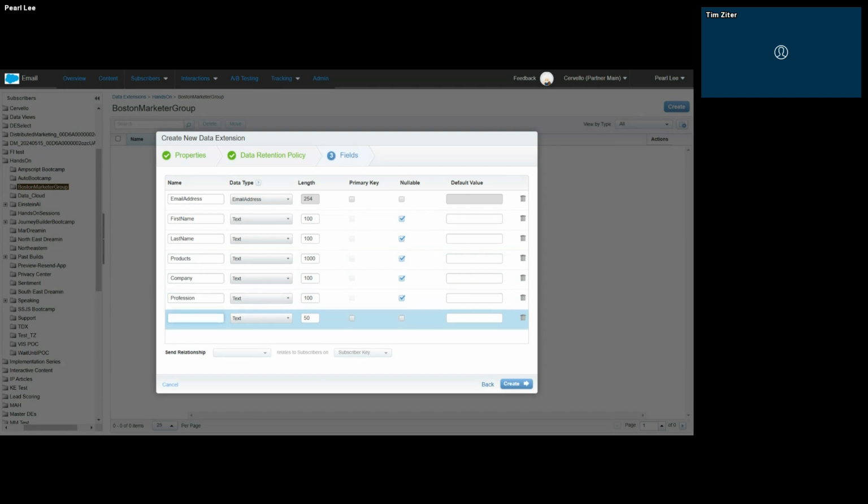We can always add to this and enhance it. We'll keep that pretty simple for now. Cool. And one more thing before we hit create. Pearl, can you type in a created date? In here? Sorry, the next field that's available, we'll just put in created date.